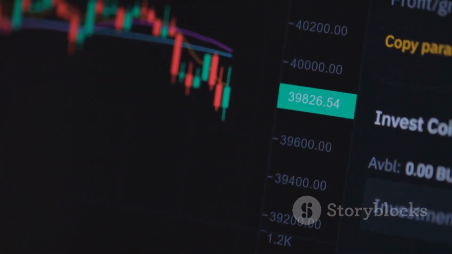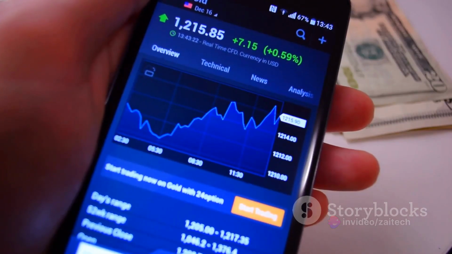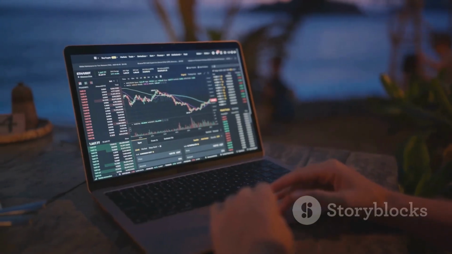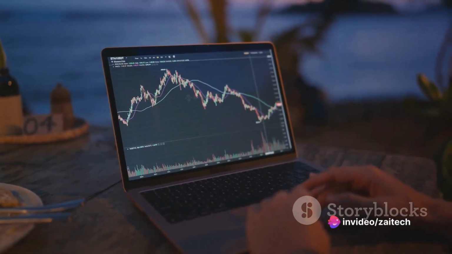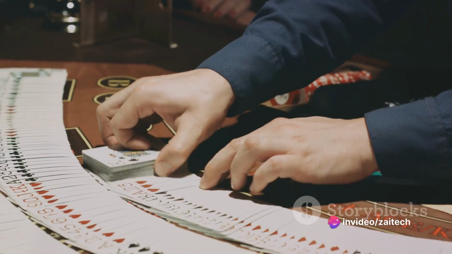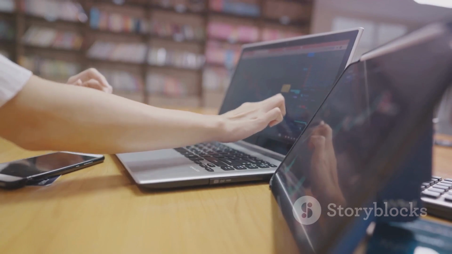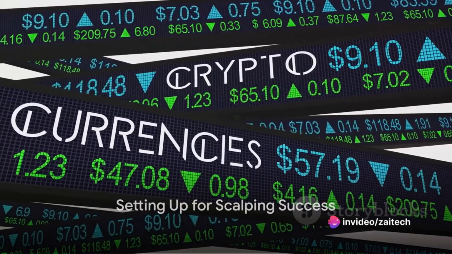And why is it relevant in cryptocurrency trading, you ask? It's because the crypto market is highly volatile, and this volatility can create numerous trading opportunities throughout the day. Now, imagine utilizing a 15-minute scalping strategy. This approach allows traders to make quick decisions based on short-term price movements, potentially leading to significant profits over time. So, if you're ready to take your trading to the next level, stick around as we dive deeper into this strategy.